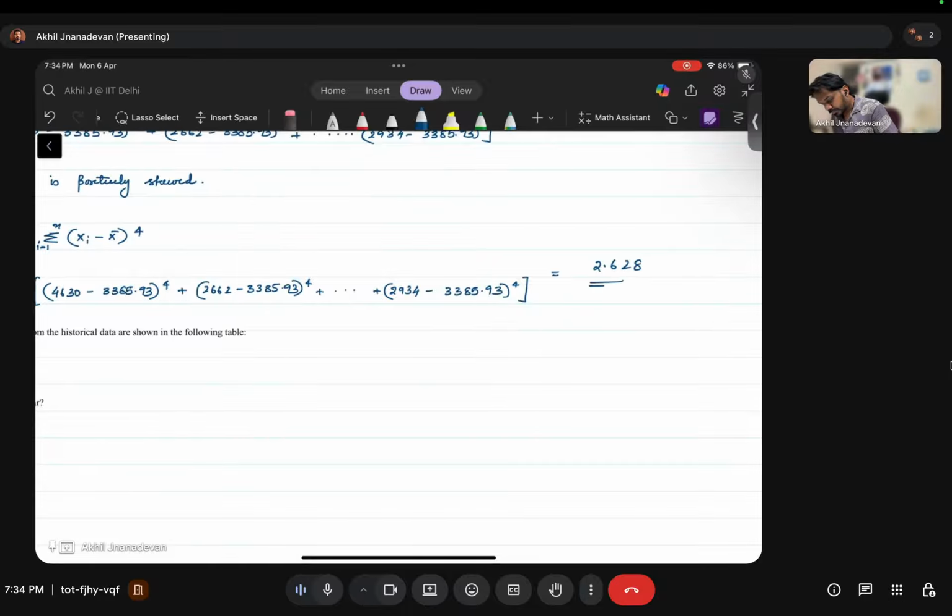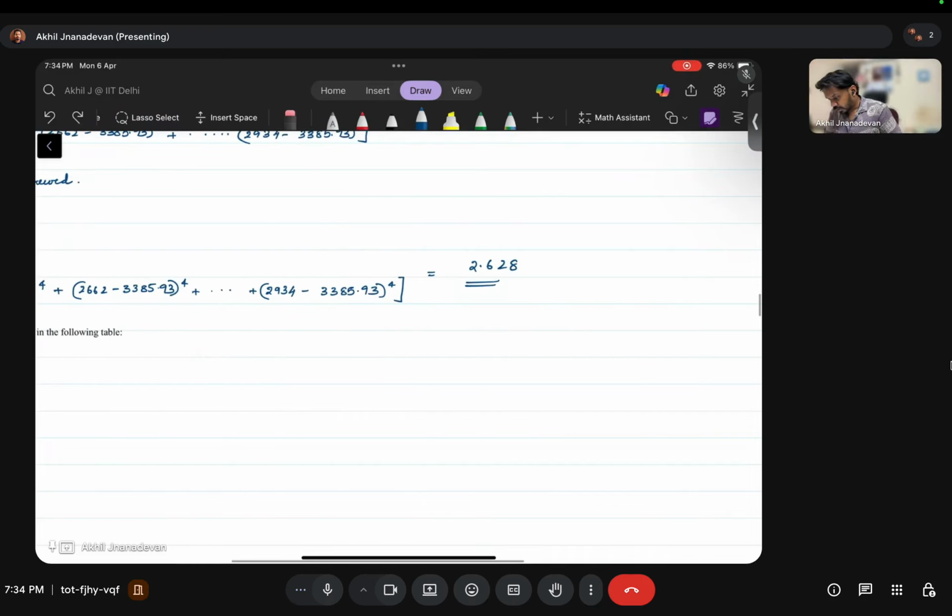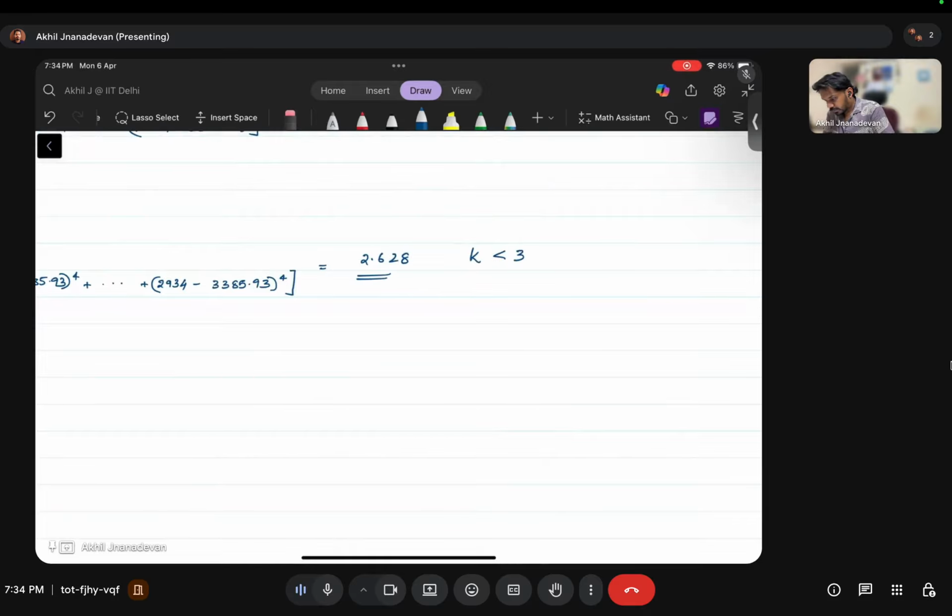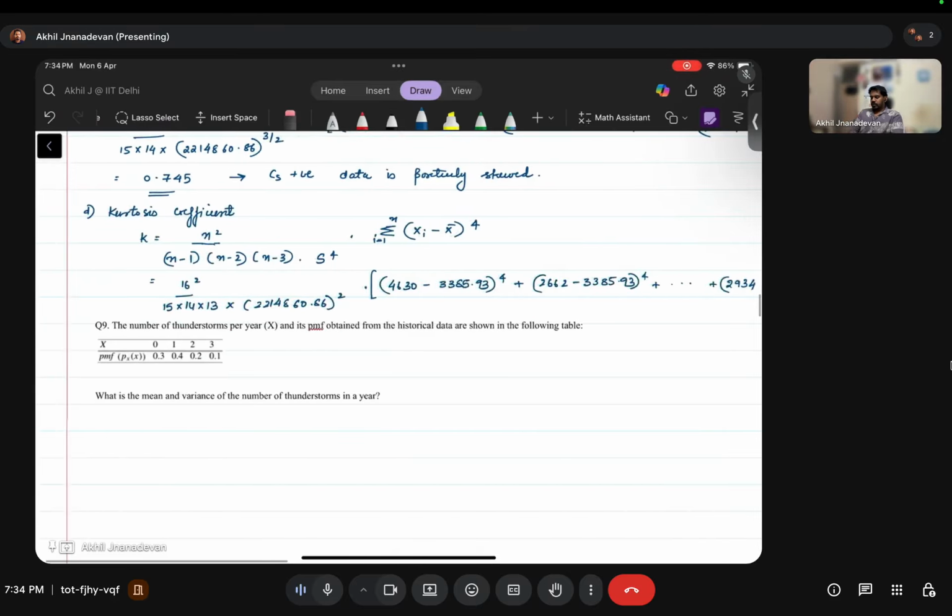So this is our kurtosis coefficient. Okay, and our k is less than 3. There are different ranges, you can refer to a standard textbook. So if k is less than 3, we call it platykurtic. Okay,